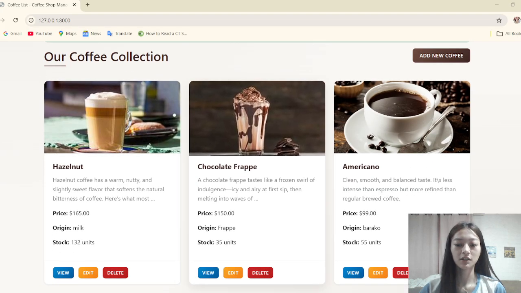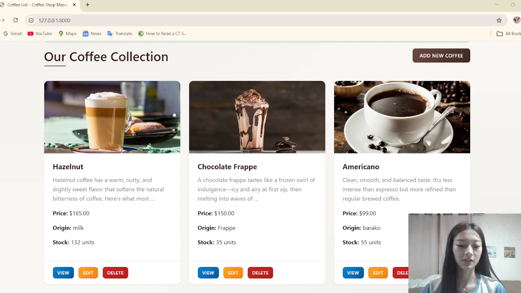So, in conclusion, I successfully developed a fully functional Django CRUD web application that meets the final examination requirements. The system demonstrates create, read, update, as well as delete operations. This project strengthens my understanding of web development using Django and gives me practical experience in building dynamic, database-driven applications. That concludes my presentation of Coffee Shop Manager, the Django CRUD web